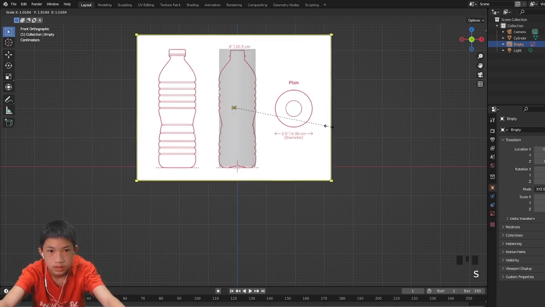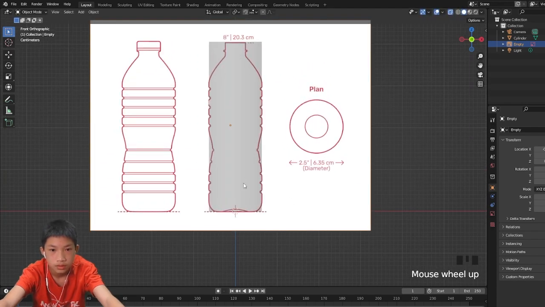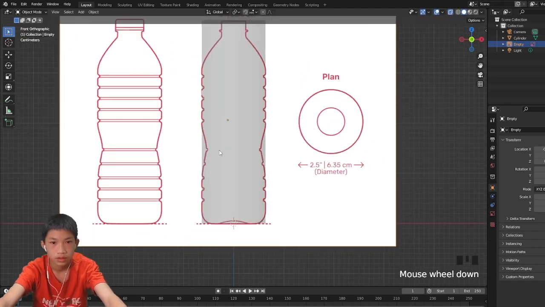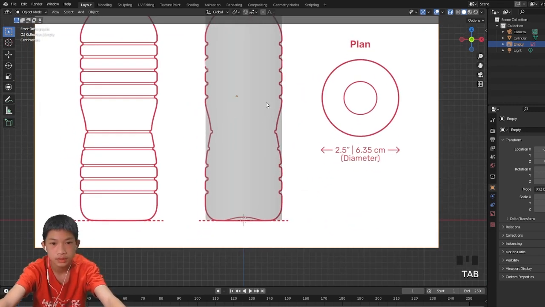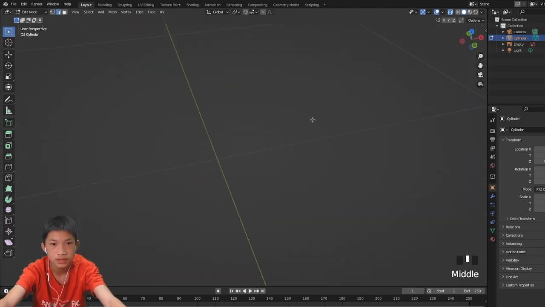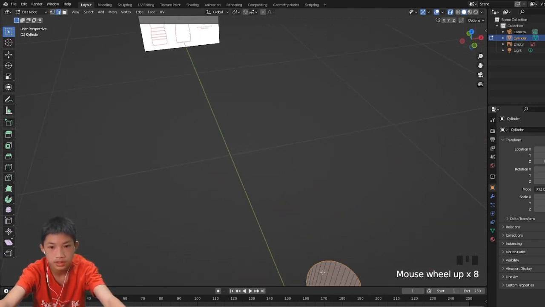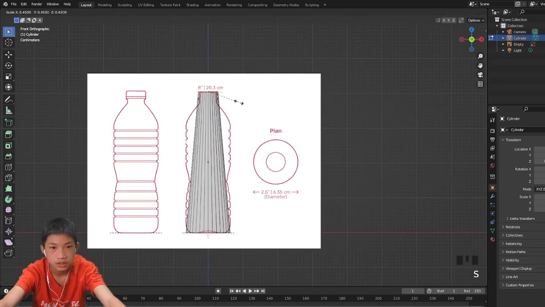You don't need the sides of the bottle to fit. You just want the top and the bottom to fit. Okay. So now let's begin. So first thing, go into edit mode, select the top face. Okay, top face selected, and then you are gonna scale it down,